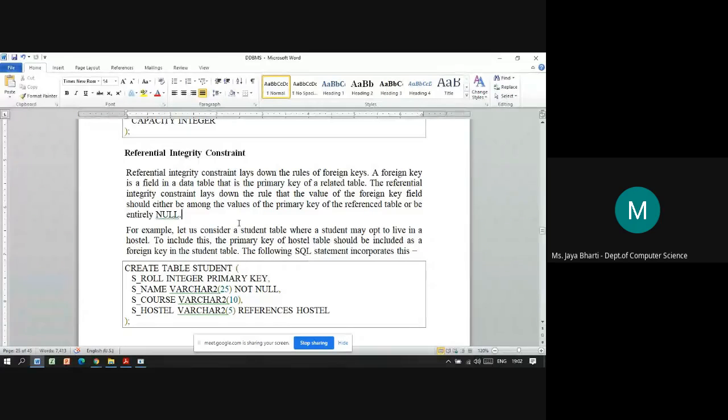Now, by the way, what's the use of this? Why do we create the referential integrity constraint? Any idea?